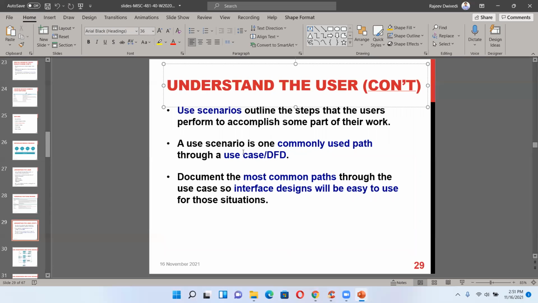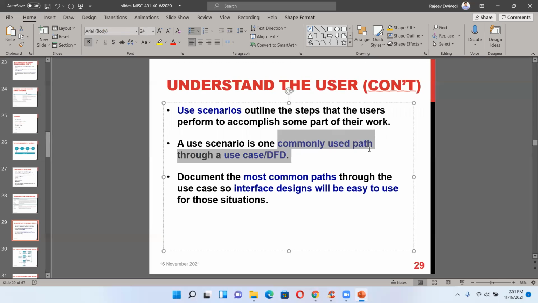So here you are going to develop a use scenario based on a DFD, documenting the most common path through the use case. So the interface design will be easy to use for those situations.